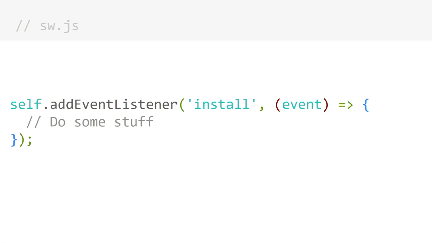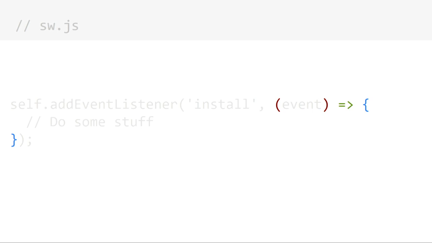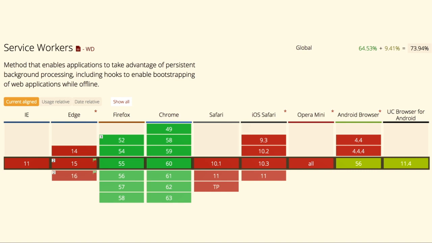So self.addEventListener install. This is the install event. And the other thing I'd like to point out is the function syntax at the end, right here. That's ES6 syntax, which is really cool and fun. ES6 is substantially smaller amount of code most of the time. You can write things in a cleaner way with less boilerplate. The problem usually is that there's not a lot of implementation status of ES6. It's supported in all major browsers now, but you still have to support old versions of IE or mobile Safari,